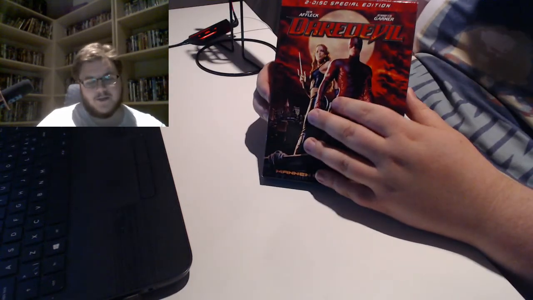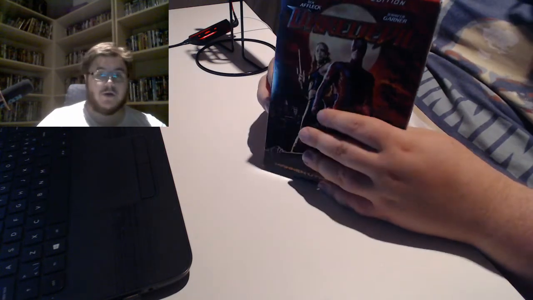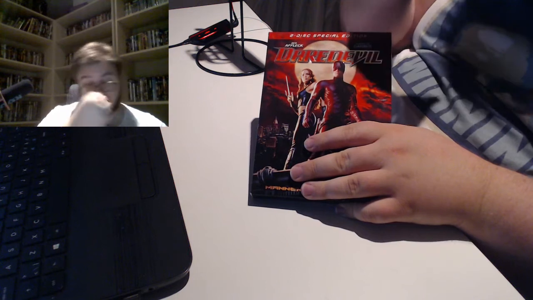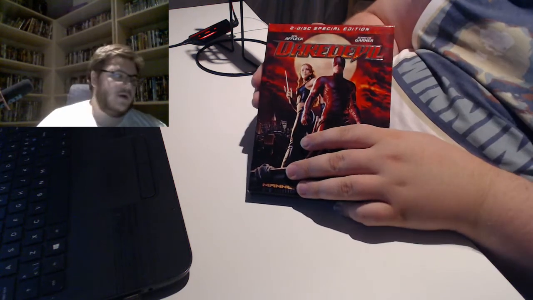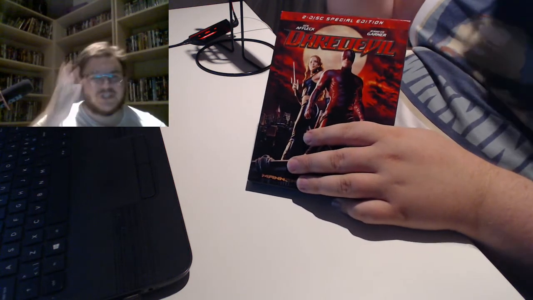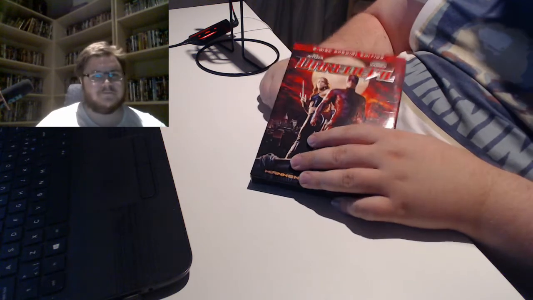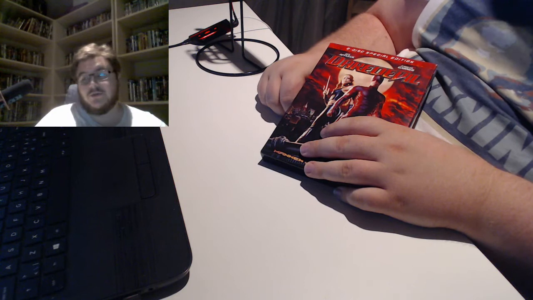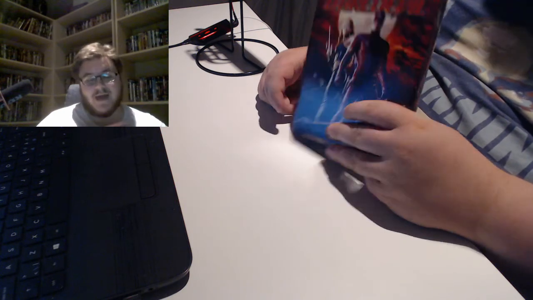However, he did go on to make the first, what is it called? The first Nicolas Cage skull motorcycle guy, Ghost Rider, which once again, shows that he really likes movies, but it's pretty bad as well.